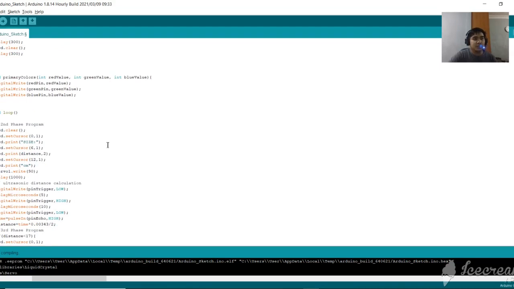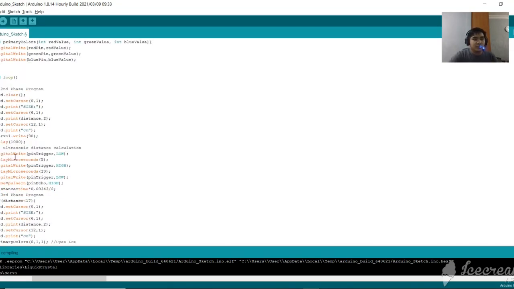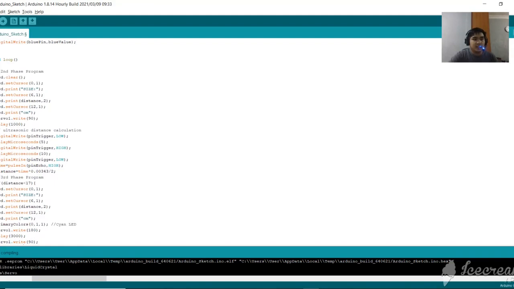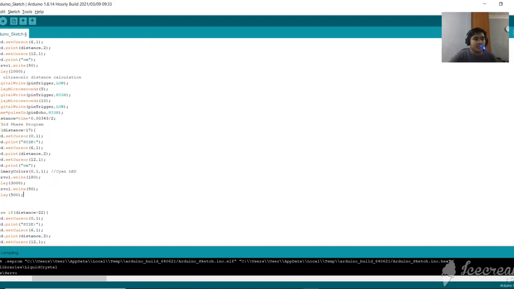the program, which is on the second line of the LCD, it will display the word size and the number of the size in centimeter for 1 second. And then here is the calculation for the ultrasonic distance. And then we start the third phase of the program, where we need to coding accordingly based on our ID